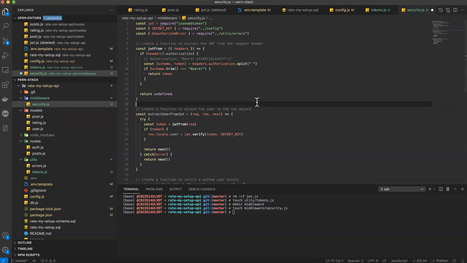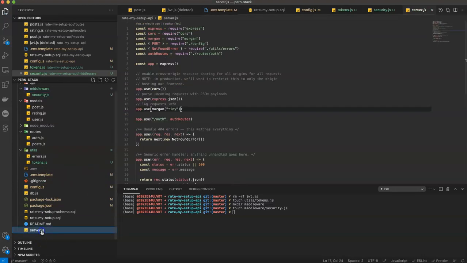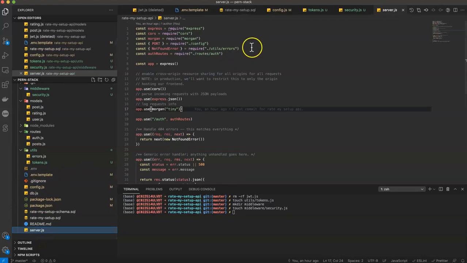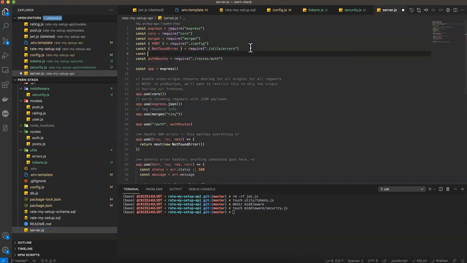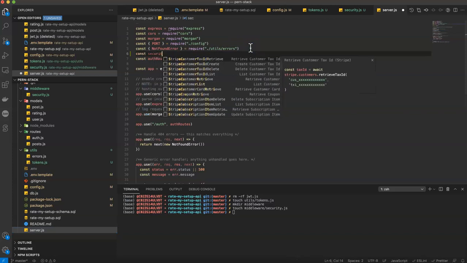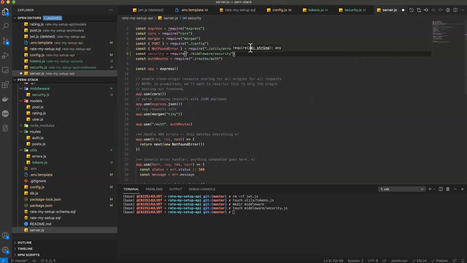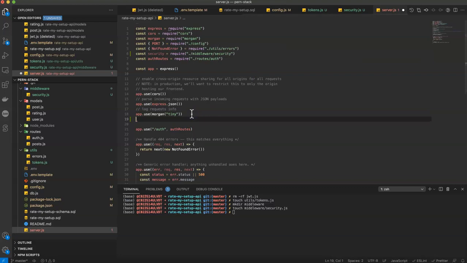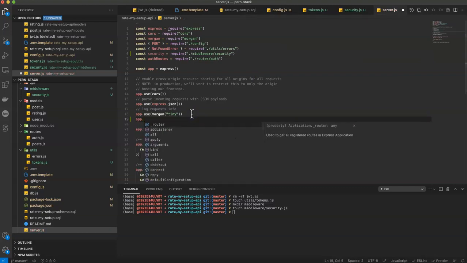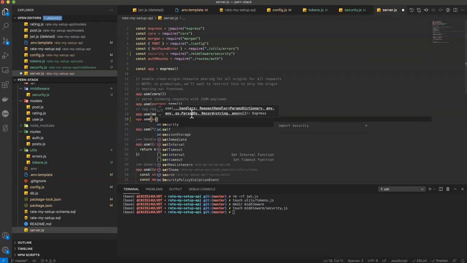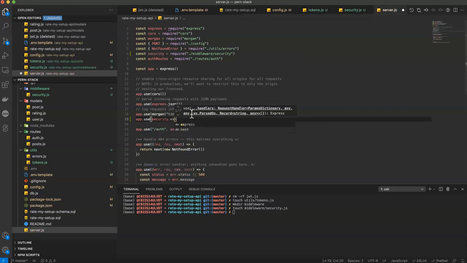So let's go ahead and take this extract user from Jwt middleware and use it in our server.js middleware pipeline. Let's head into server.js and let's import it. We'll say const security equals require middleware security. And then before our routes, but after the other middleware, we'll say app.use security.extract